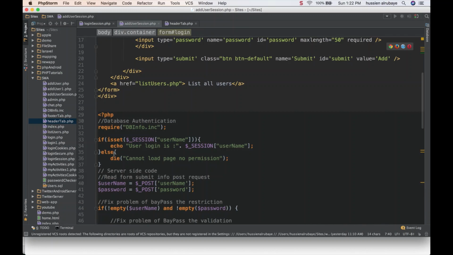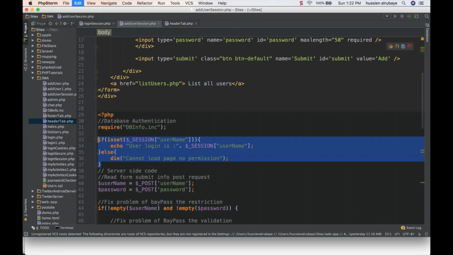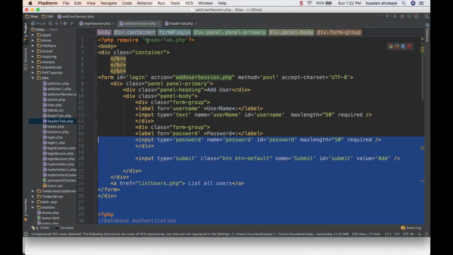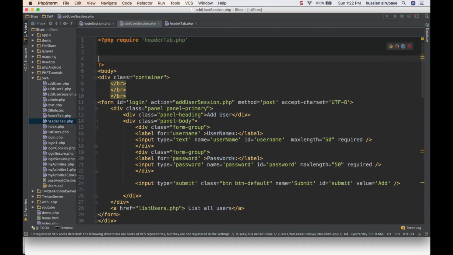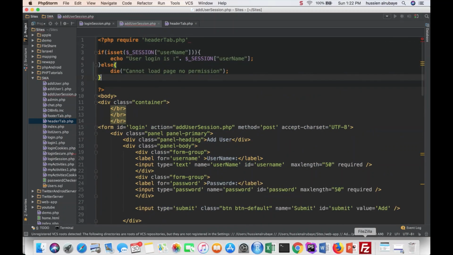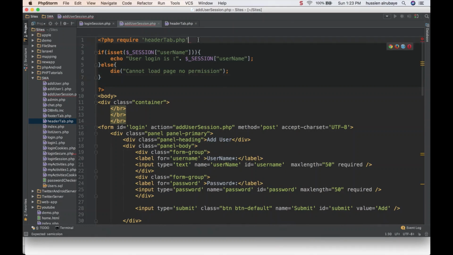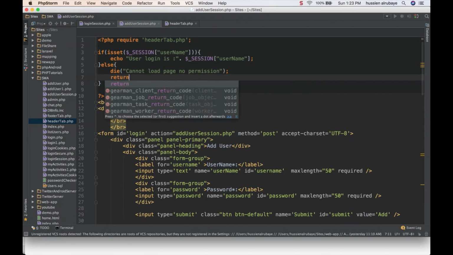I should take this guy and, instead of adding it here, add it in the header of the page, at the beginning of the page, before I load anything. I should add it here, like after I load the header, I should say, okay, you don't have permission. So now if I just try this, and I make sure I say return, so it will not continue